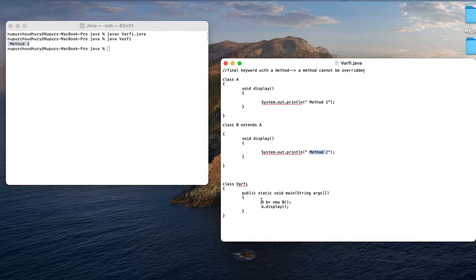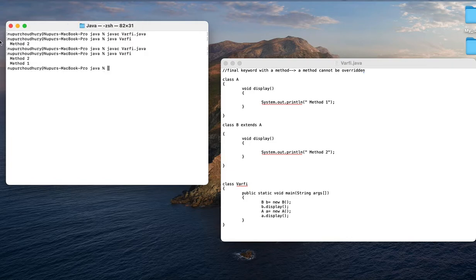And if I want to print the value of A, what should be the proper process? I should be following a different one, which is, that means I will create an object of A, okay, and I will simply use the particular object in order to call the method. Now when I compile this, essentially I will get both the statements, which is method 2 initially because of this, and then method 1 because it will now refer to the parent class method.